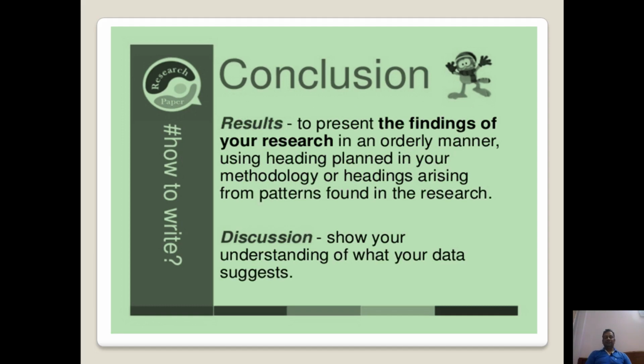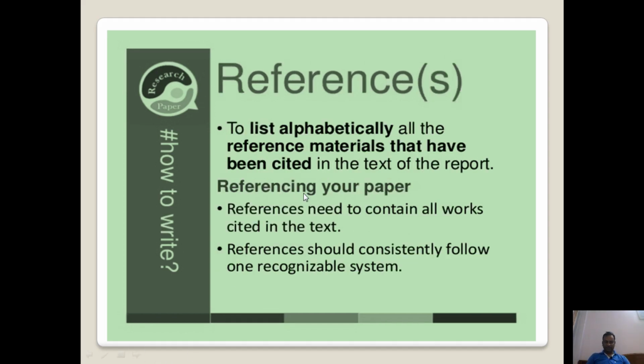Results: present the findings of your research in an orderly manner, using the heading plan in your methodology or headings arising from patterns found in the research. Discussion: show your understanding of what your data suggest. As I said about references, list alphabetically all the reference materials that have been cited in the text of